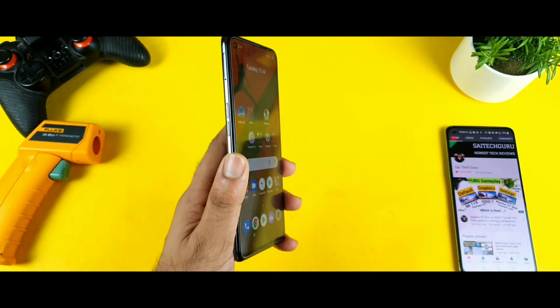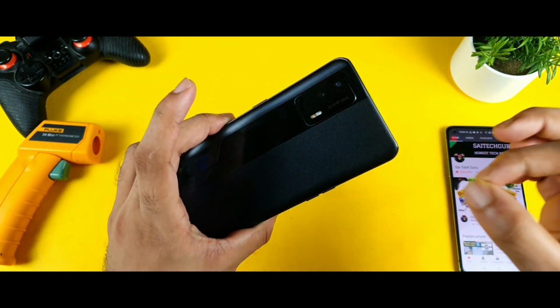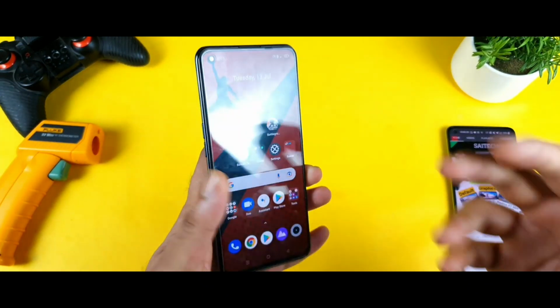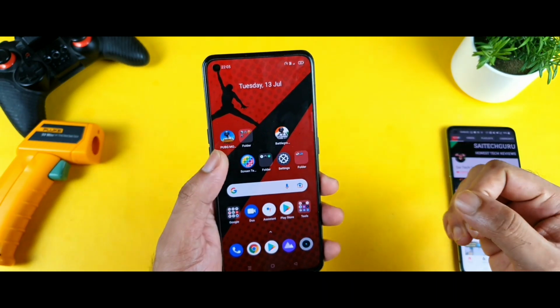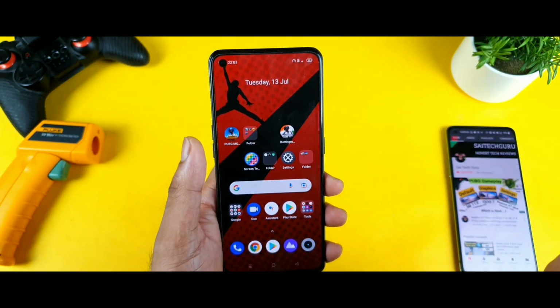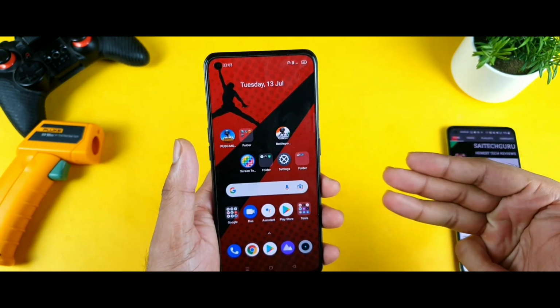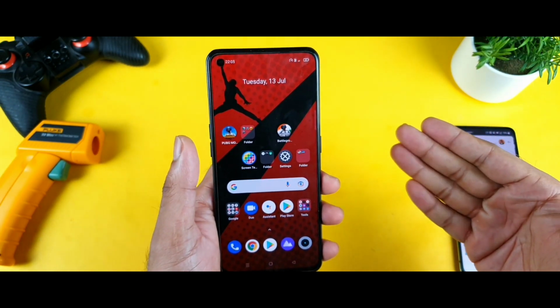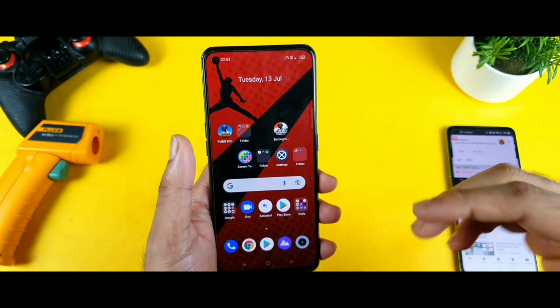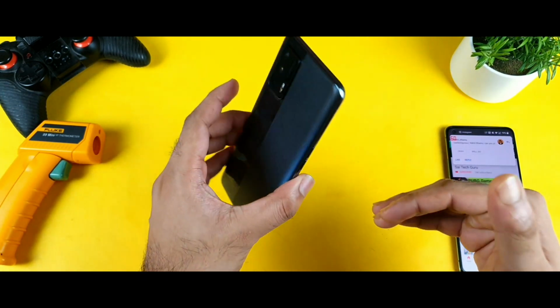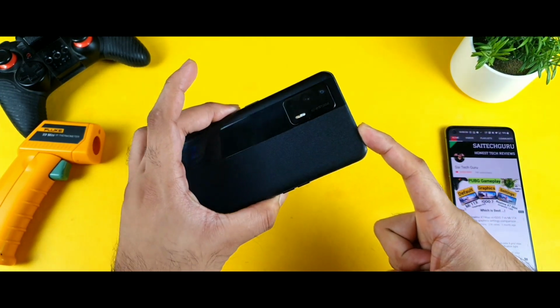We're in today's video to do the CPU throttling test on the Realme GT Neo Max, but by using 5 different modes of testing. Yes friends, I'll try to use the high performance mode, using the game space, using the pro gamer mode, and not even optimizing the battery and clearing all the background processes. So these are the 5 things which I'll try to do during this CPU throttling test on the Realme GT Neo Max.